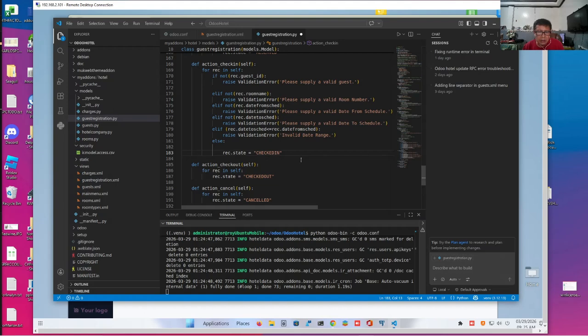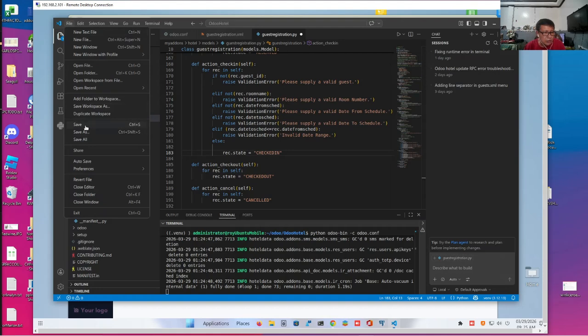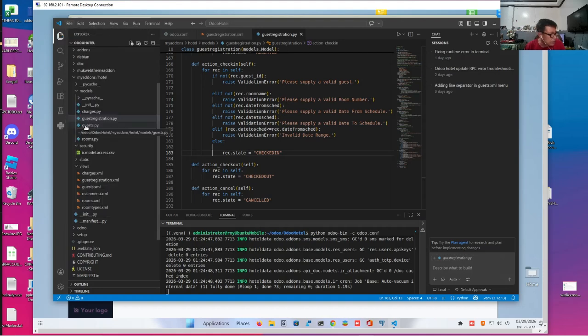So it's checked in. Okay, what do we need for checkout? So we cannot check out somebody who's already checked out or cancelled. Okay, so we'll just have to make an if statement.